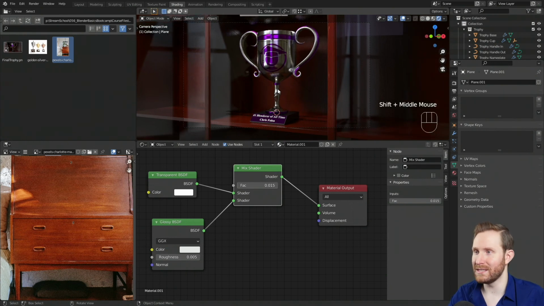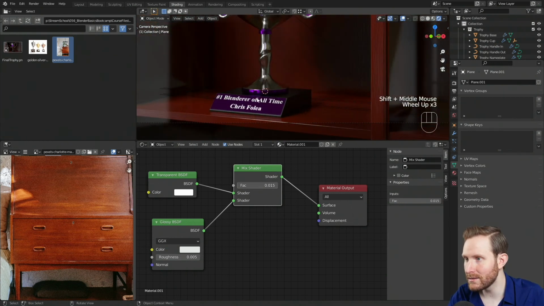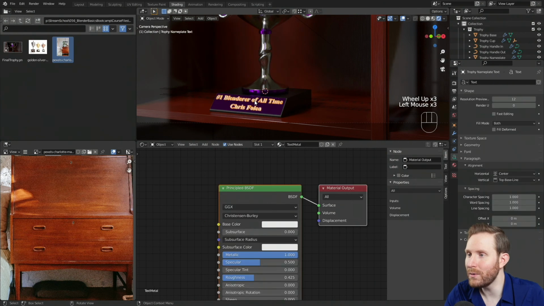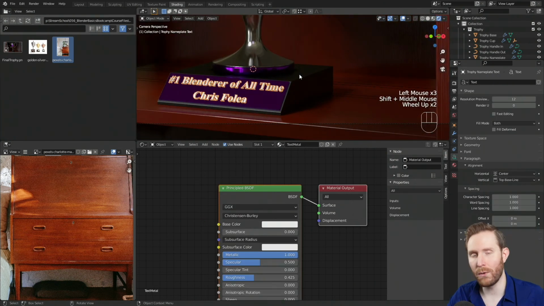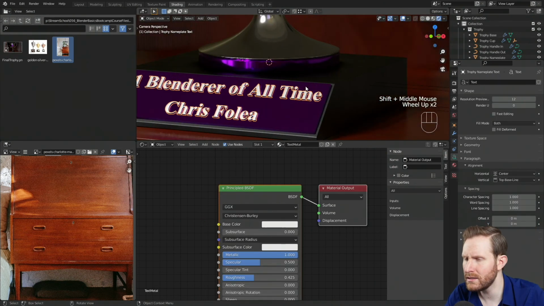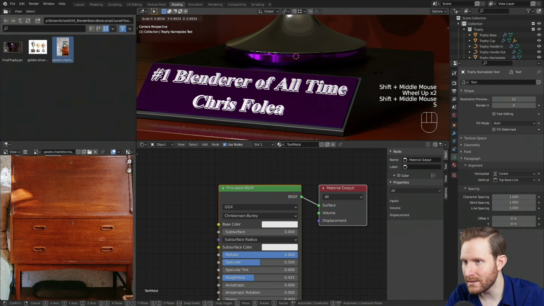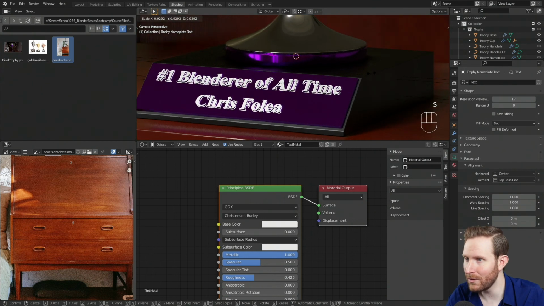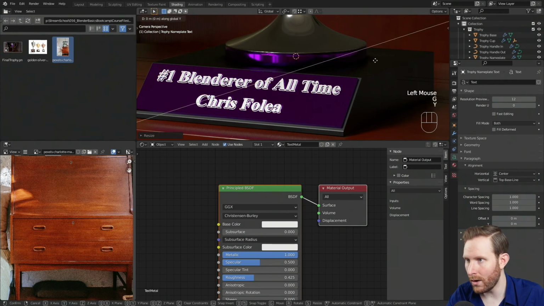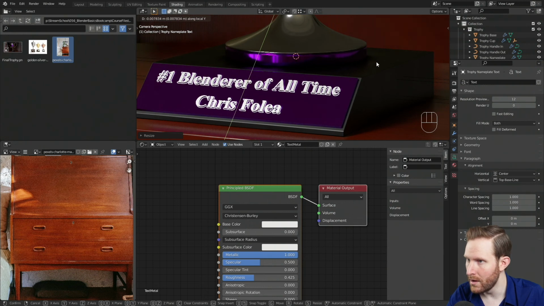One other thing that's bothering me here is the text. And again, these are all just final tweaks that I decided I want to start making to the scene just to finish this up. So I'm going to hit S to scale my text down, because I think it's a little bit too big relative to the nameplate. Then I'm going to hit G, Y, to move it on its own local Y-axis, all stuff we've done before. Click to set that